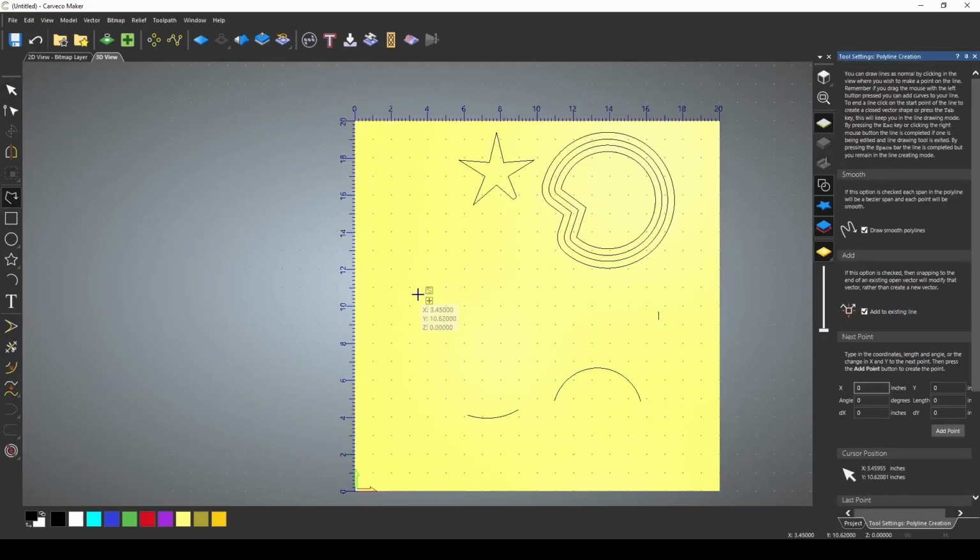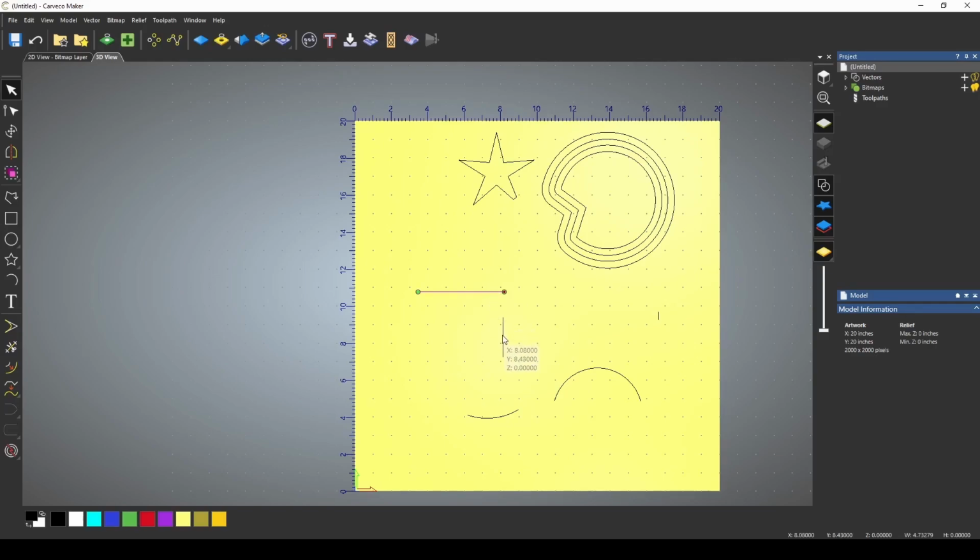We're going to draw a couple of lines, and I'm going to make these two open vectors. Now, once we select both lines, our option to join those two vectors comes up, and we can join those two with a line. We can join them with a curve or a Bezier curve. We can move the endpoints so that they connect that way, and we also can join them with a coincidence node. I'll go over what a coincidence node is and a little bit more about that when we work the vector doctor, so I'll be going over that in just a few minutes. We'll get back to that one.